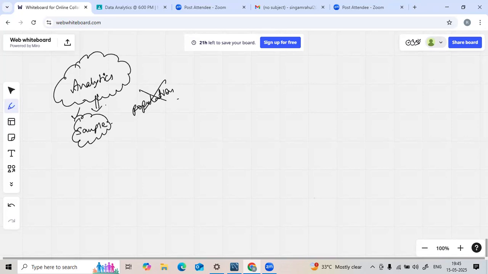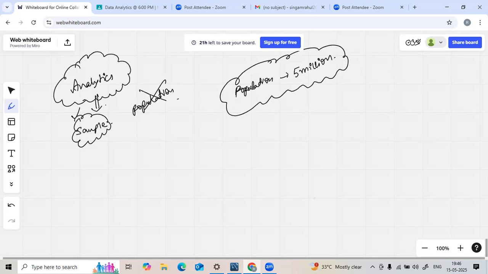And one more important thing, try to consider it in tool specific knowledge. Say, for example, you have a population which consists of close to 5 million rows, 5 million records. That's almost 50 lakh rows in there. Now, if you are going to take input of all of them,